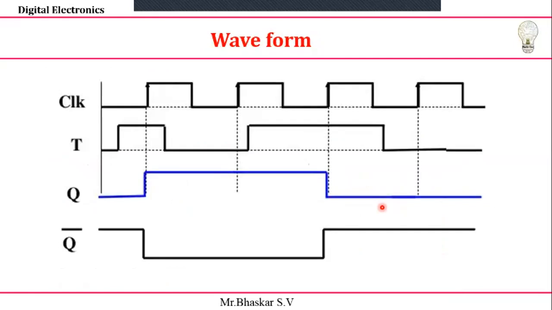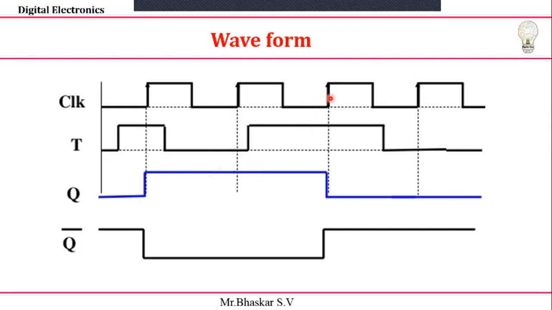Then how to write the waveform for that? This is my clock signal, and this is my T flip-flop output. Suppose the T value is 1. I'm looking for the positive edge of my clock. What is the previous state? 0. The next state becomes 1. Hope you understand. Next, in this case, I'm checking my T value. The T value is 0. If it is 0, there are no changes, it maintains the previous state only. So we get the same thing.